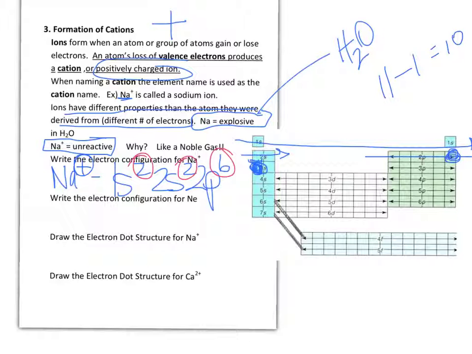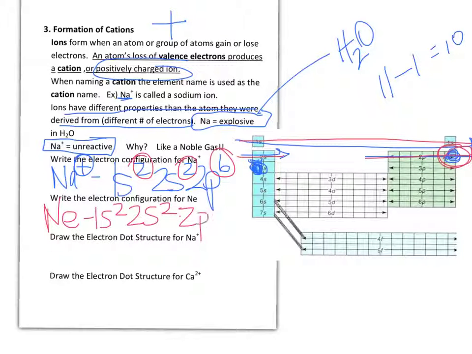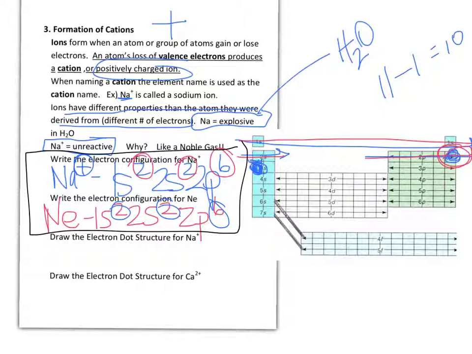Now, regular neon is right here. So neon has the electron configuration of 1s2, 2s2, 2p6. Neon is atomic number 10, and therefore there only needed to be 10 electrons accounted for, 6, 7, 8, 9, 10. So you can see that these two are identical in their electron configurations, and that is why sodium ions are